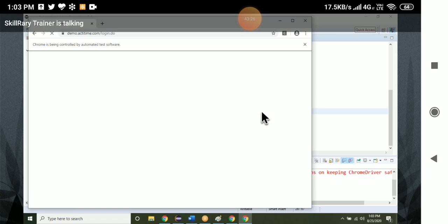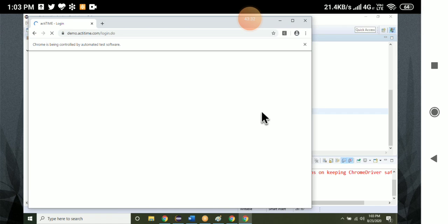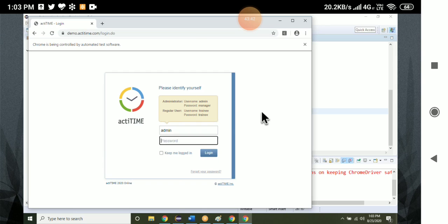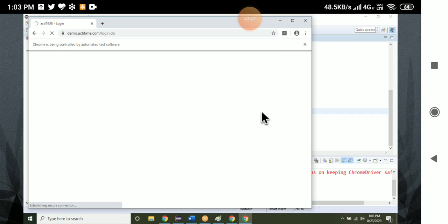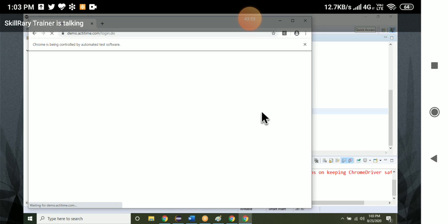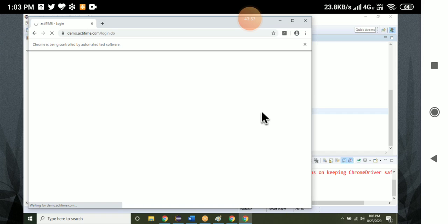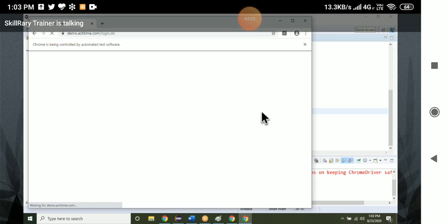Now you can click on the login button. It is displaying the home page, which means it successfully clicked on the login button.